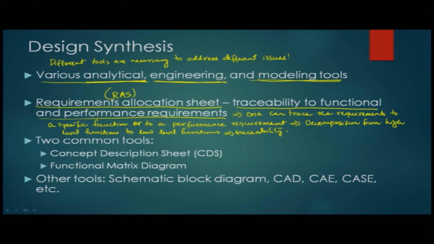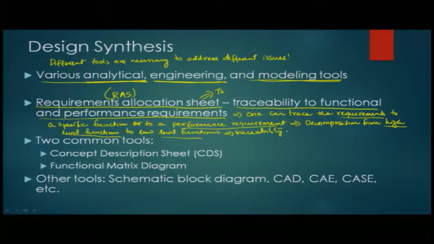When you decompose requirements and performance measures from high level functions to low level functions, then you need to ensure that the requirement is decomposed appropriately and allocated to the appropriate lower level functions. That type of process is done with the help of the requirement allocation sheet, and hence this is also an important tool